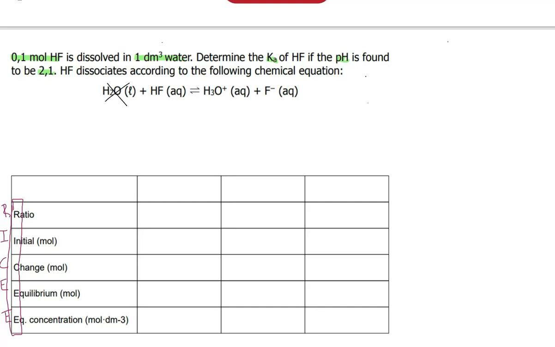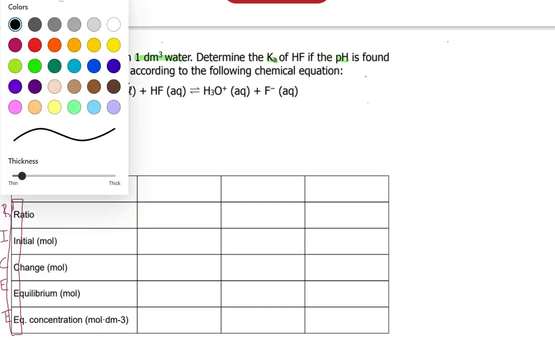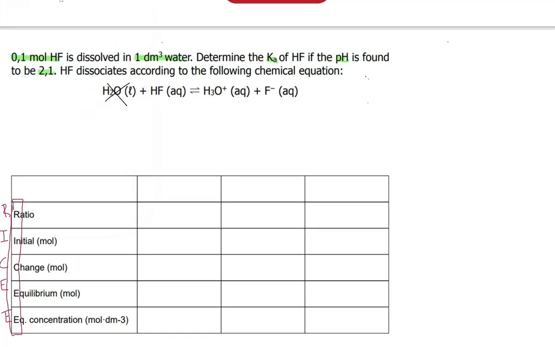That being said, you should be able to write the base equation for your Ka value, and that is products to the power of the mole in front of them over the reactants concentration to the power of the mole in front of them. So just starting off with where we're heading, as they are asking for the Ka value, the Ka value is going to be equal to the hydronium concentration,